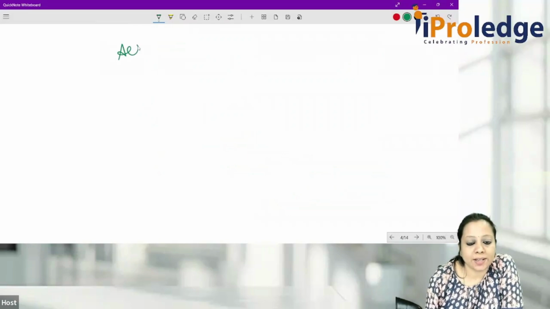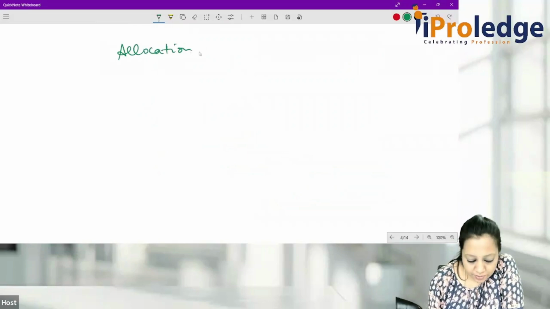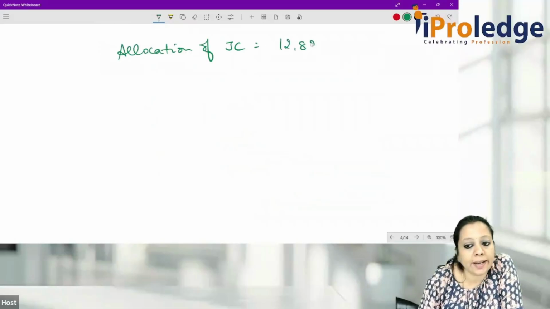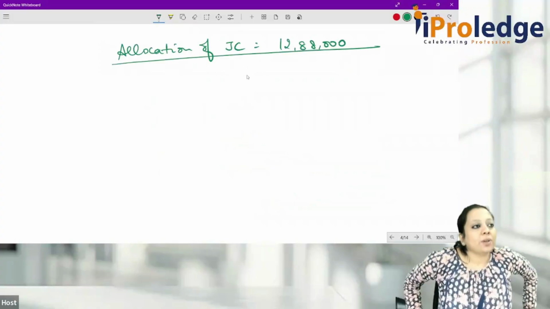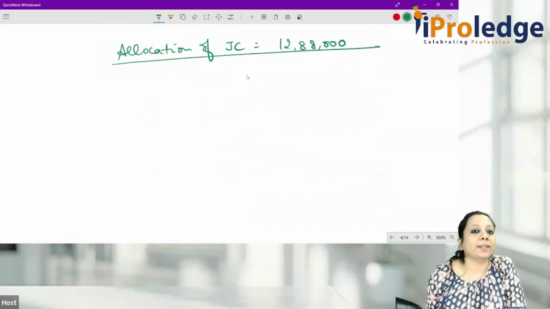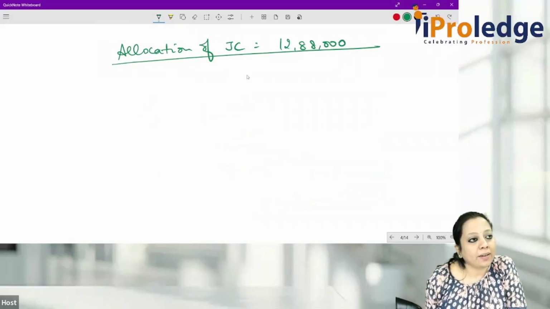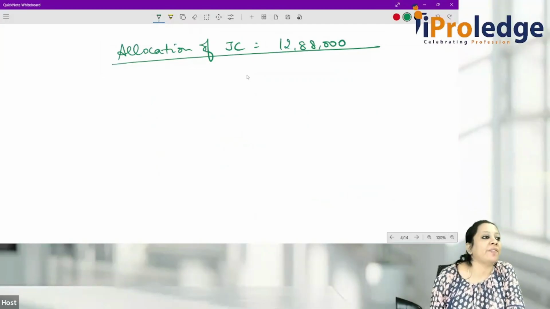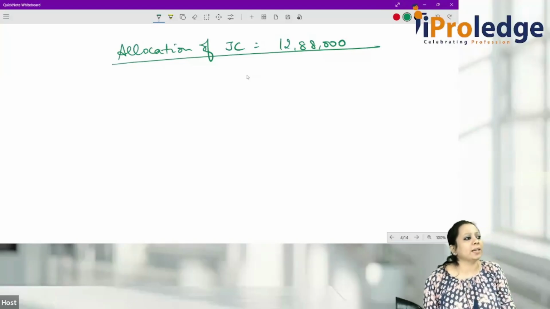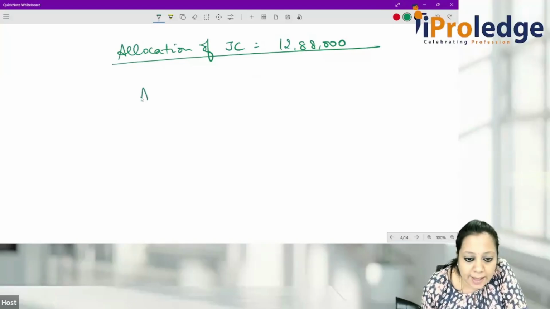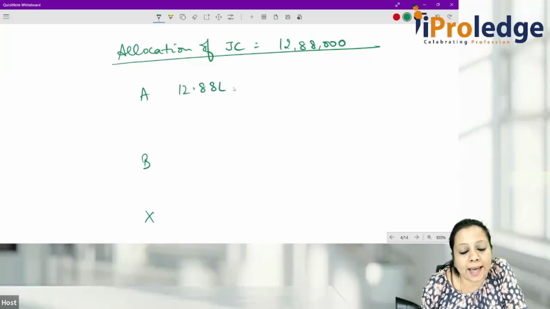Allocation of joint cost, right? Joint cost, you write on top itself, it is 12 lakh 88,000. Again, these are all places where it is easy for you and the examiner, correct? So, how are you going to allocate the 12 lakh 88,000 which we jointly incurred? How we should distribute them? For that, we have taken sales value at split off as the basis. Very logical basis. A, B, and X. So it is going to be 12.88 lakhs into 9 lakhs divided by